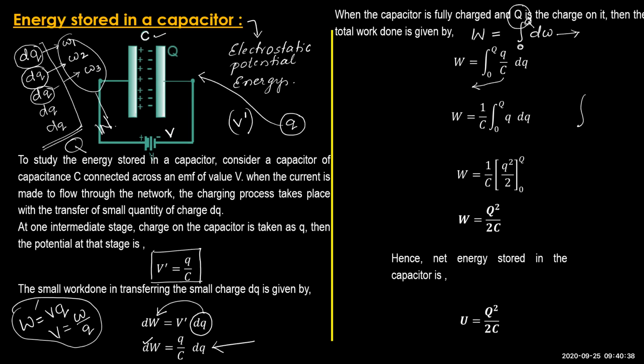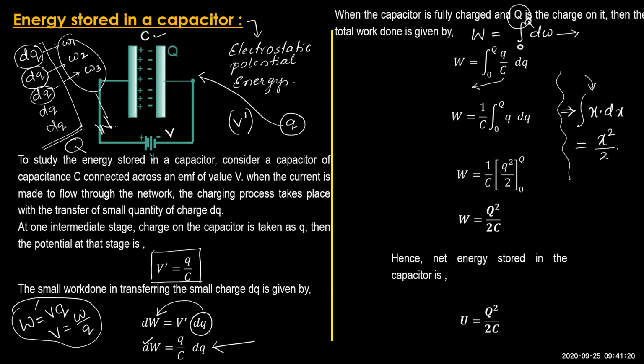Now just use the knowledge of integration, that is integration of x into dx is x square divided by 2 plus some constant. Okay, you will learn it in mathematics when you come to the next chapters. This year you have a complete study of integration in mathematics. Definitely you are going to learn it. But for the time being, I have given this identity to you, that is integration of x into dx, a variable x into dx, is x square by 2. Hence Q into dQ is Q square by 2.